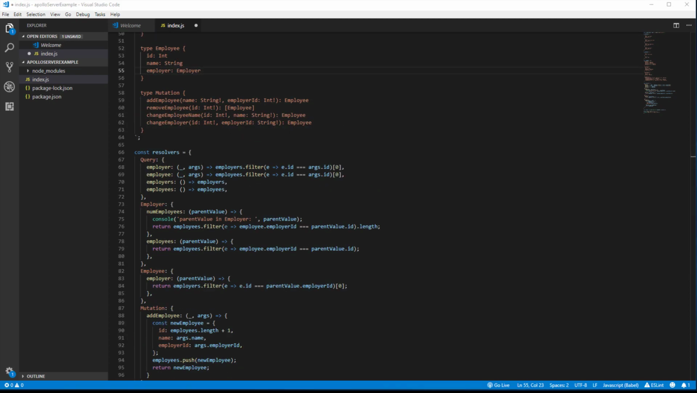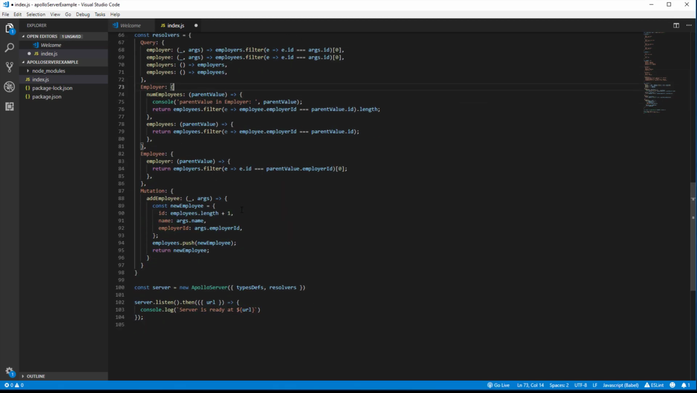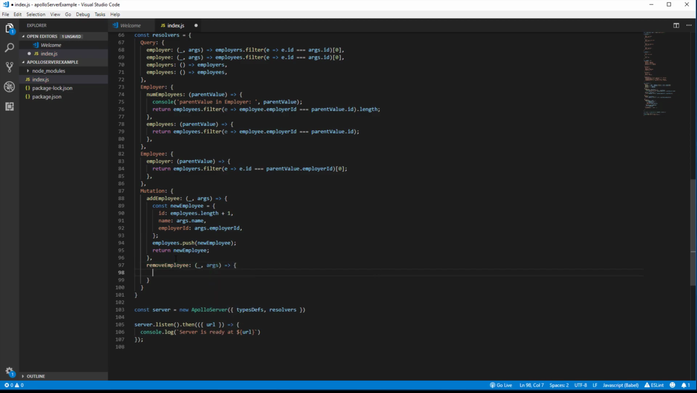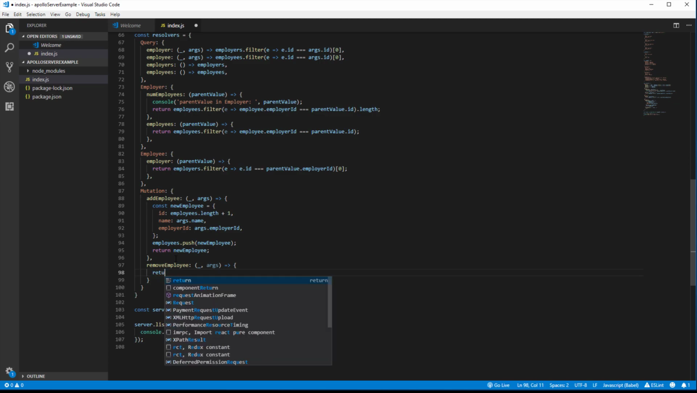Okay, that looks good. All right, so next up, what we're going to do is we're going to add in our remove employee resolver function. And this is the same sort of structure here. It's not going to have a parent value. It's going to take in an argument. It's going to do an arrow function. And we're going to return